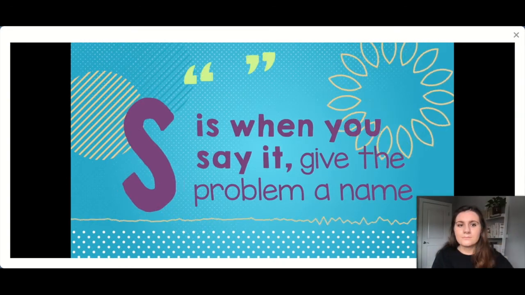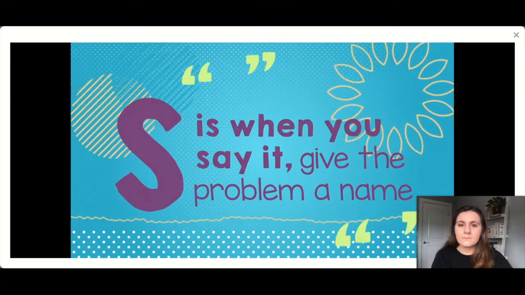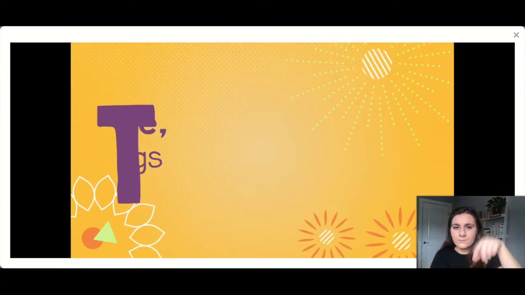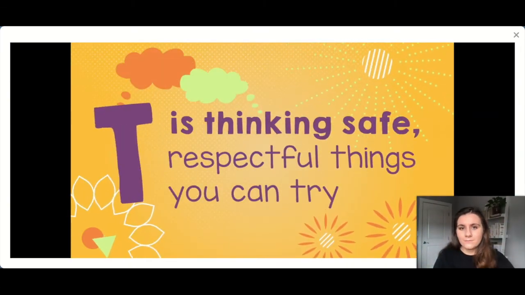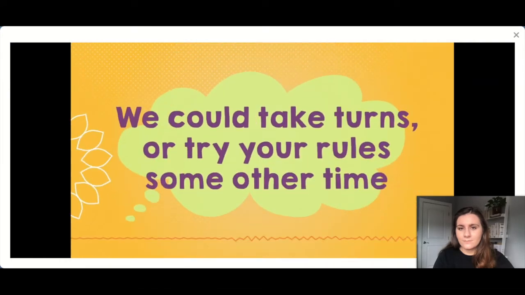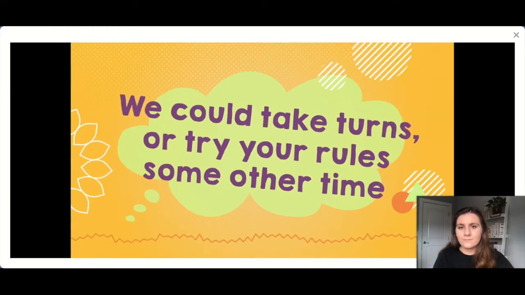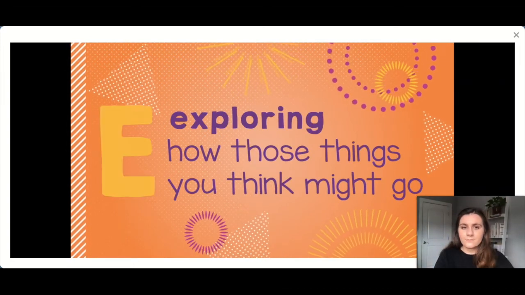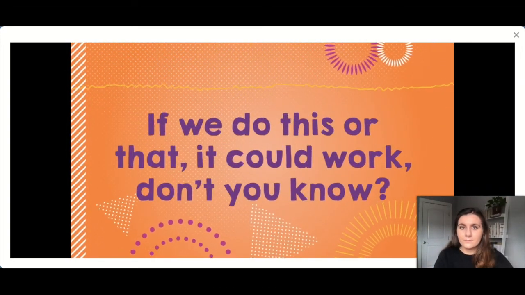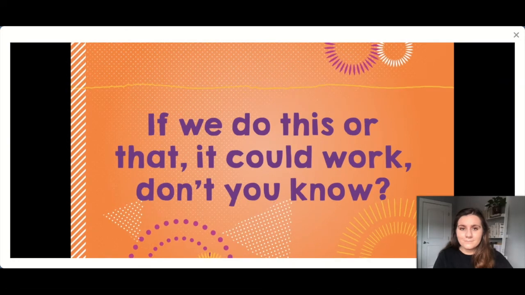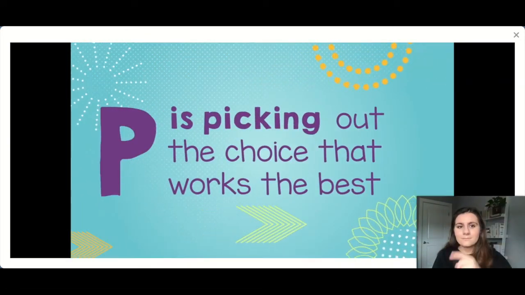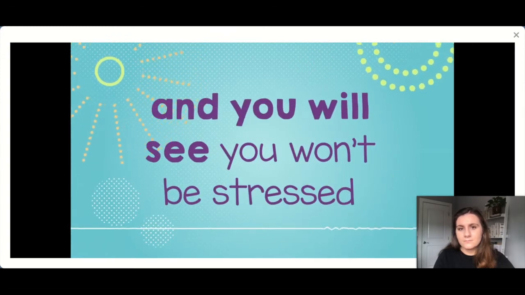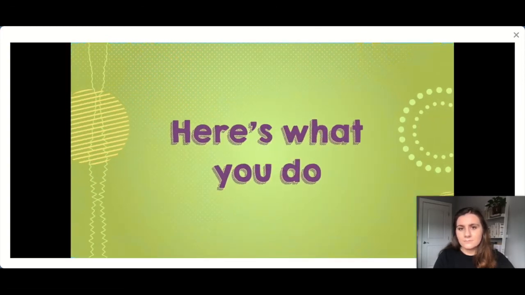S is when you say you give the problem a name. We can't agree on the rules of this game. T is thinking safe, respectful things you can try. We could take turns or try your rules some other time. E, exploring how those things you think might go. If we do this or that, it could work, don't you know? P is picking out the choice that works the best. Step it up and you will see you won't be stressed. Step, here's what you do when you have